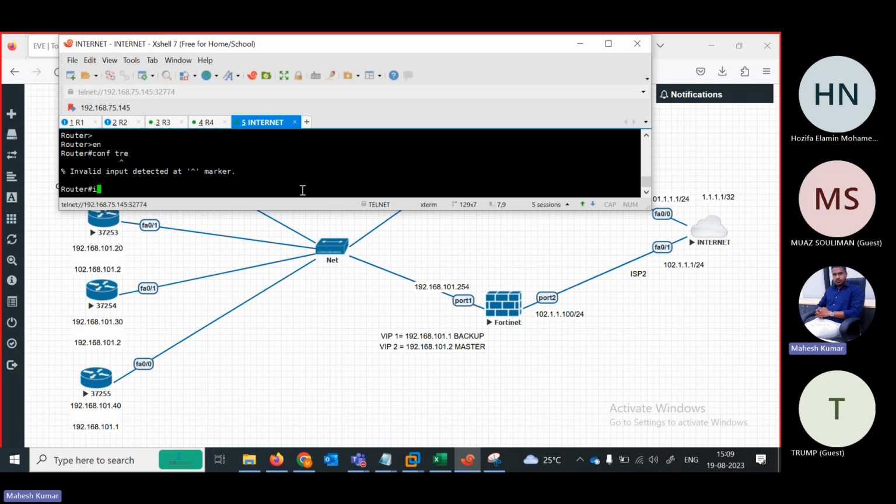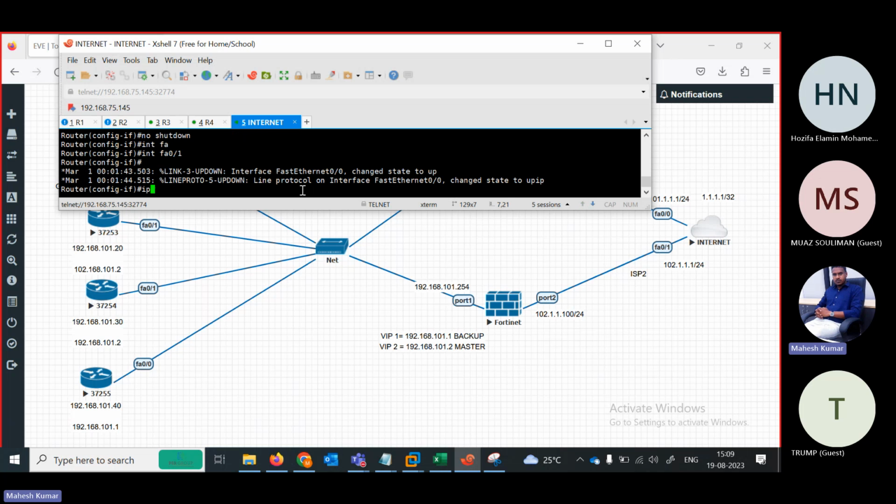Enable, configuration terminal, no IP domain lookup. Okay, interface FastEthernet 0/0, IP address 101.1.1.1, slash 255.255.255.0 and no shutdown. Interface FA 0/1, IP address